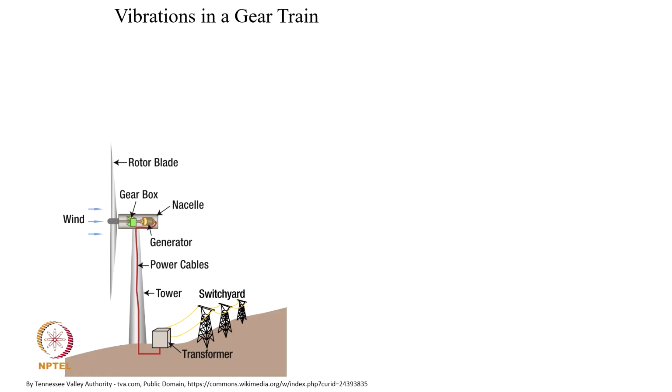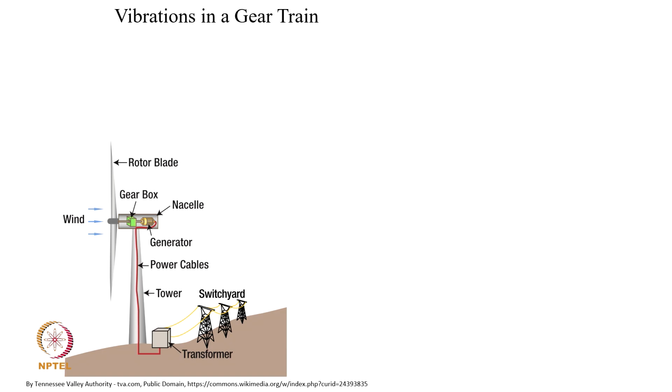So, you would all agree that there is a great possibility of us encountering a gearbox in a typical powertrain in a mechanical engineering system, and therefore, it would be interesting to understand how the gearbox is modeled as a part of the vibratory system. And today's discussion is going to focus on how do I account for a gearbox or a gear pair in a vibratory system. So, for that, the example I would like to consider is that of a wind turbine, and the